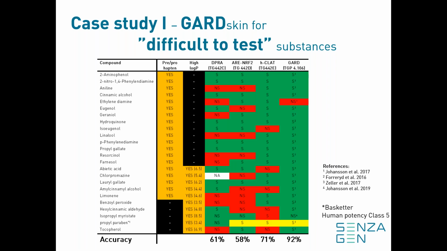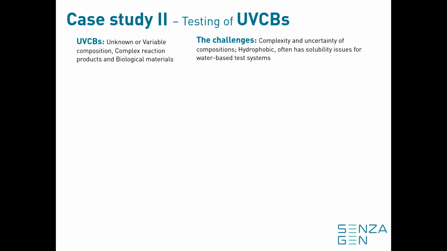And what I think, and what I can actually show from this data, is that the GARD assay and the h-CLAT, I mean, the tools that are already available, are quite applicable. Both the h-CLAT and the GARD can, for example, be used for pre- and pro-haptens, and the GARD assay can be used for compounds with low water solubility. So that leads me basically into the next case study, where we use the GARD skin assay for testing